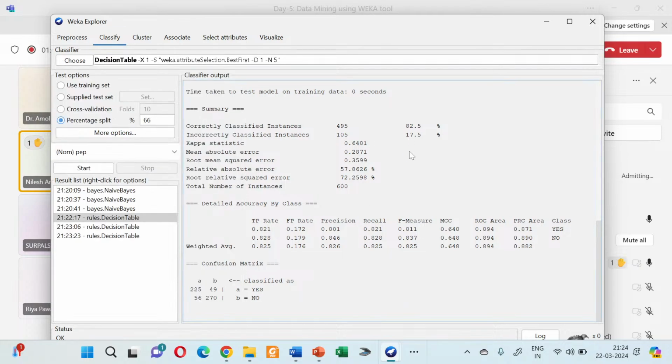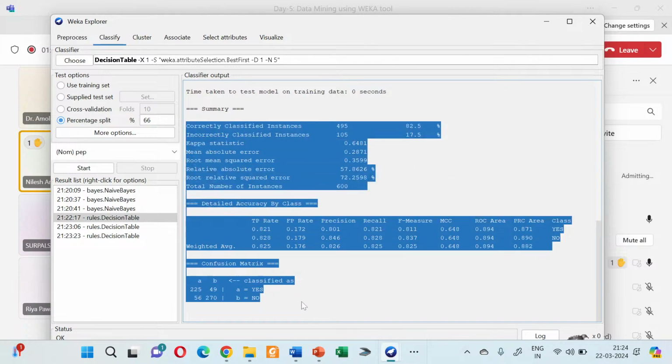So how do we analyze the result? Percentage split is 75.6. Analyzing the summary is very important if you are trying to gain some insight from the data. If you want to write some reports, or if you are trying to write some research papers, analyzing this information is very important